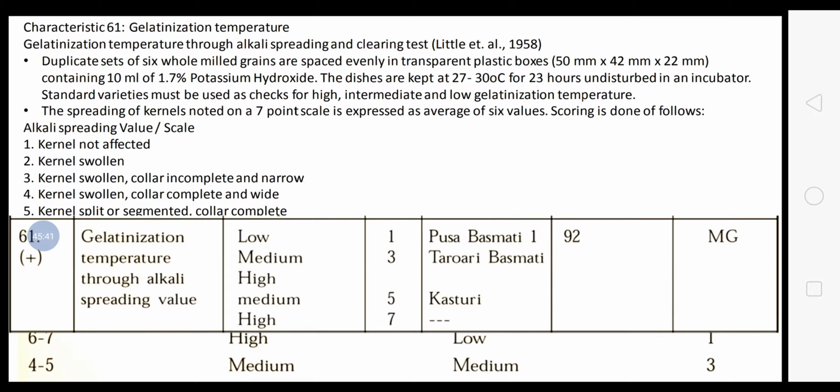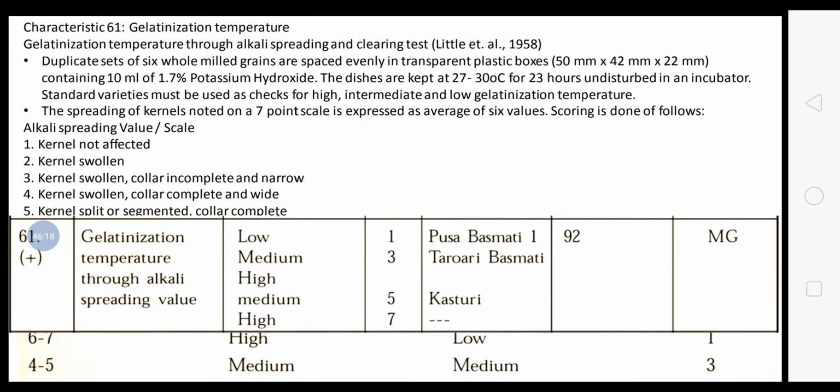Gelatinization temperature through alkali spreading value and clearing test. The test was given by Little and co-workers in 1958. Here, duplicate sets of 6 whole milled grains are spaced evenly in transparent plastic boxes of 50 mm into 42 mm into 22 mm. This is length, breadth, and height, containing 10 ml of 1.7% potassium hydroxide. The dishes are kept at 27 to 30 degrees Celsius for 23 hours